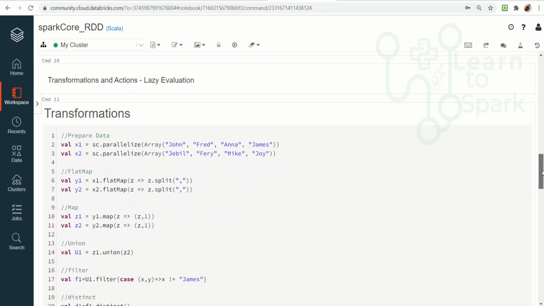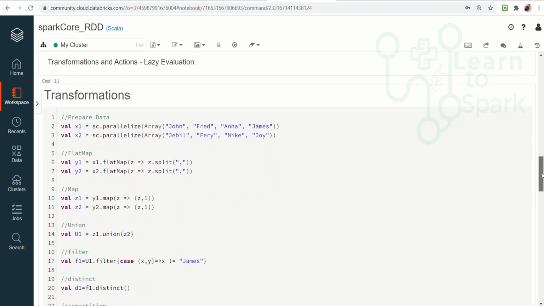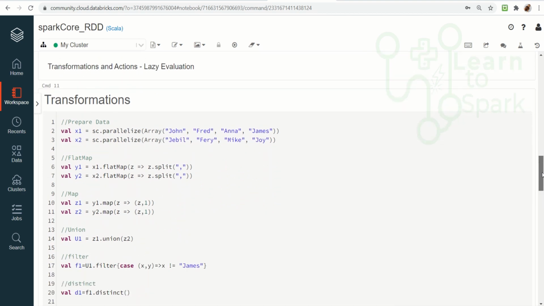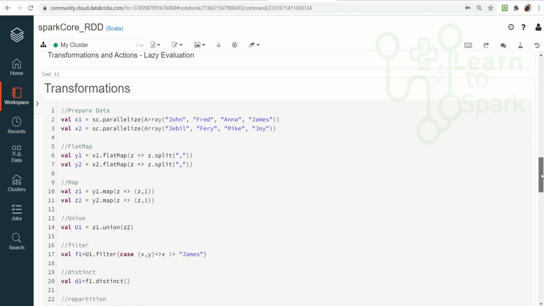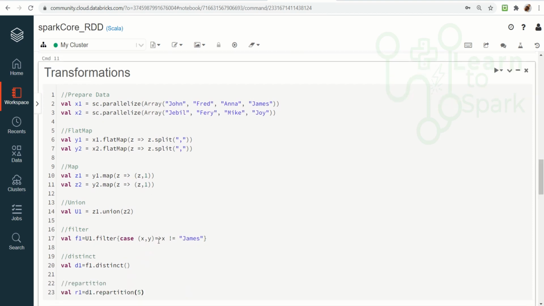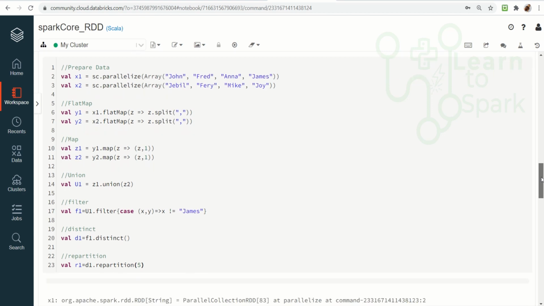So this is the transformation. Only when we execute an action, say collect, take or anything, only at that time are all the steps executed. That is why it is called lazy evaluation. Until and unless the action is performed, all the steps are not performed.